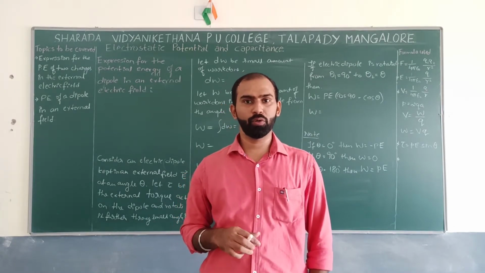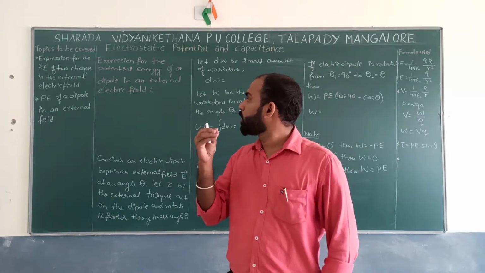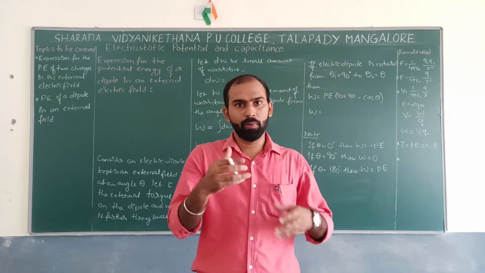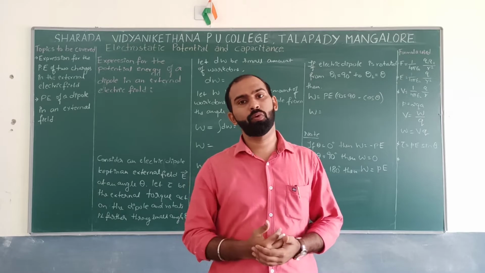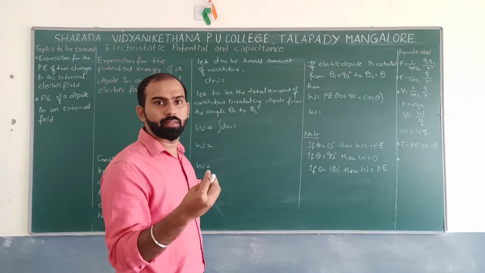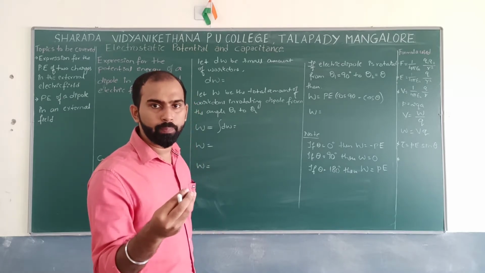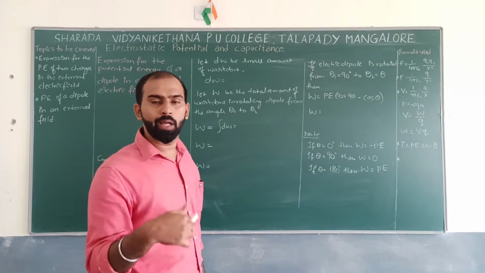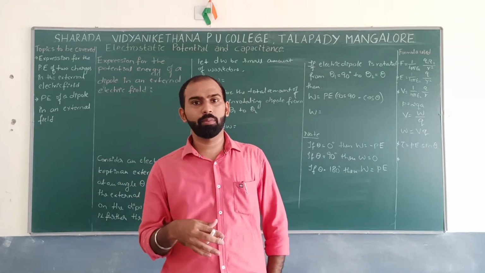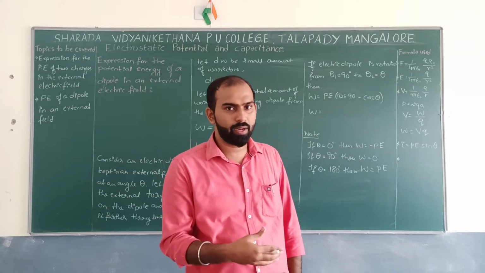Yes, we will move on to one more derivation, that is, find the electric potential energy of a dipole when you place it in a certain external uniform electric field. So far we have kept two charges in an external electric field. Now your job is to keep one dipole. What do you mean by dipole, by the way? A dipole is nothing but equal and opposite charges separated by a small distance, correct?